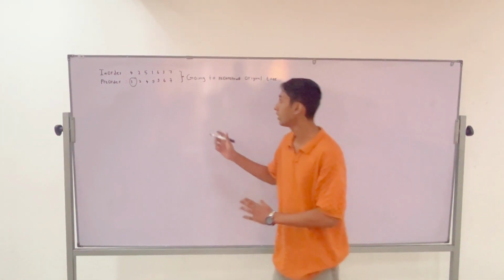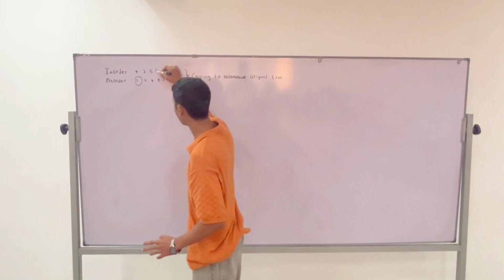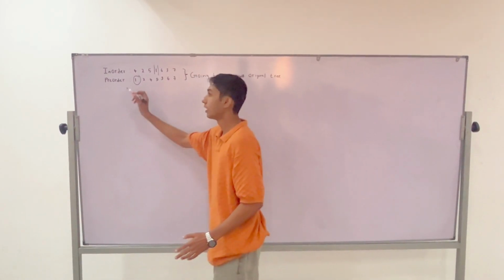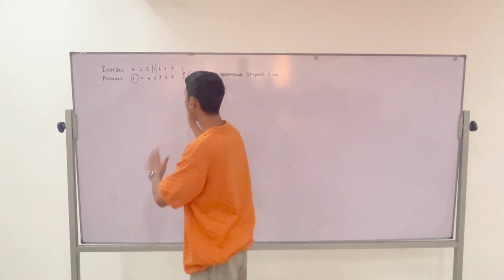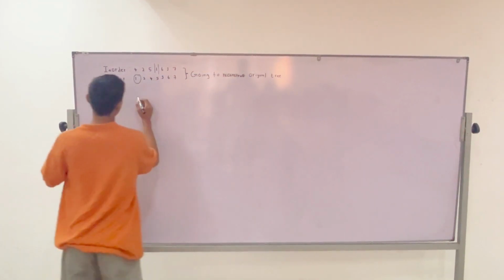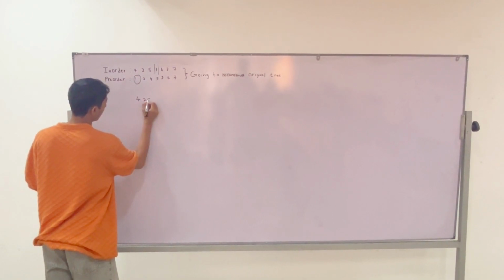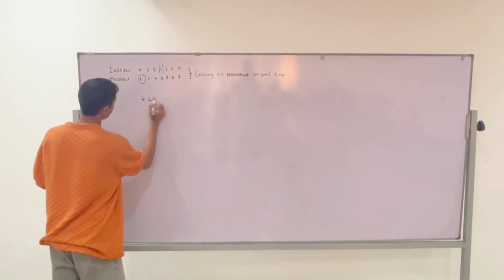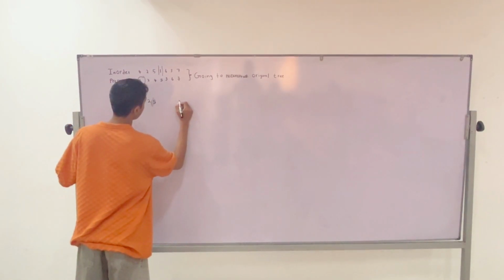The second step is in the Inorder, we have to split into the left side node tree and the right. So 4, 5 is the left side, and 6